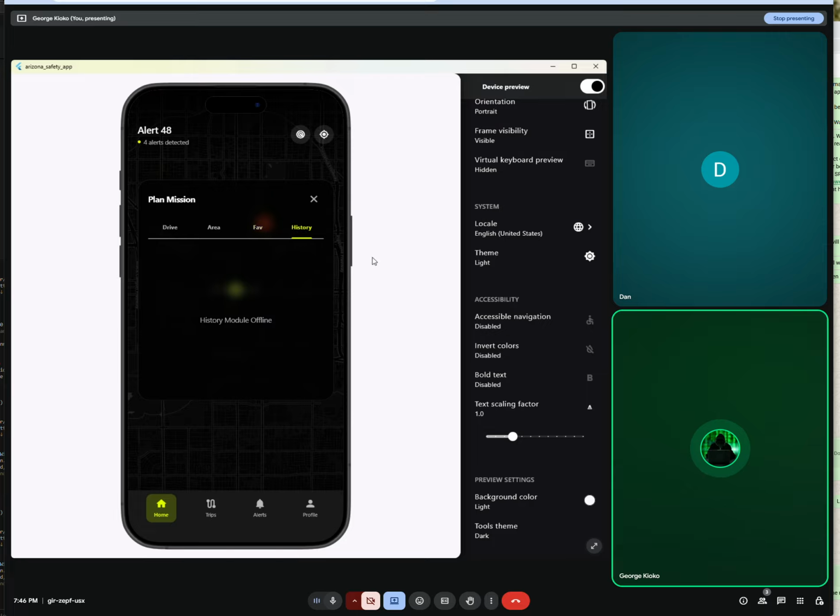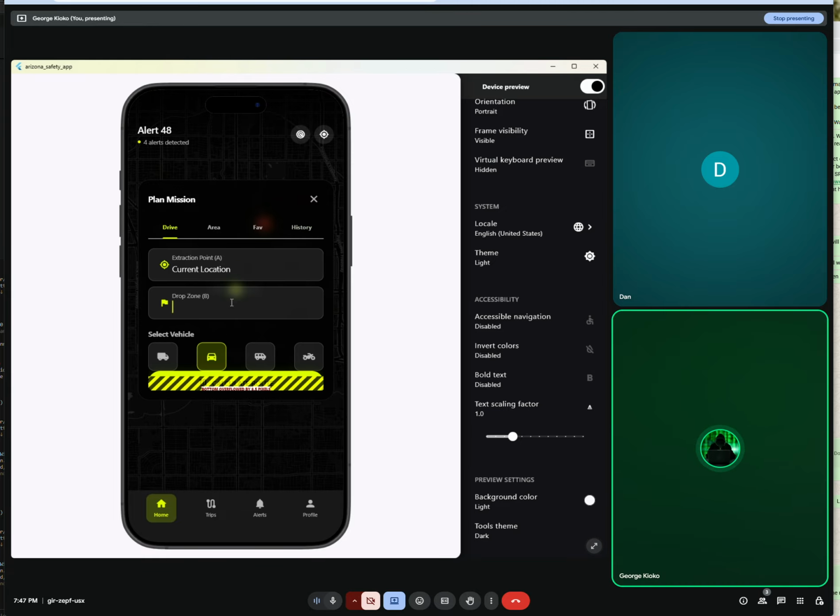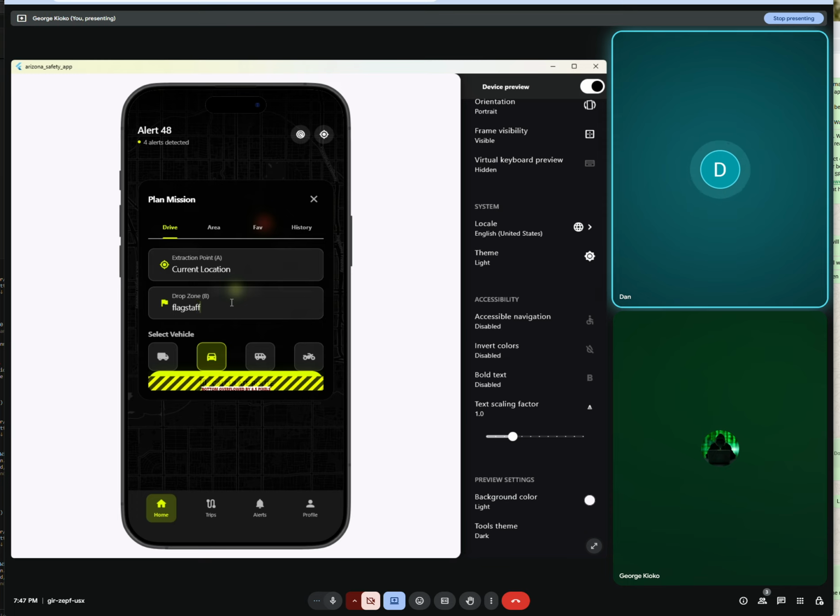And of course, we have the history. This is another feature for the user to play around with the previous activities they have had on the app. So let's see the current location. I've set it to Phoenix, so let's say they're going to Flagstaff and Tucson, because they have to drive through the city of Phoenix. Okay, so this way it gives you